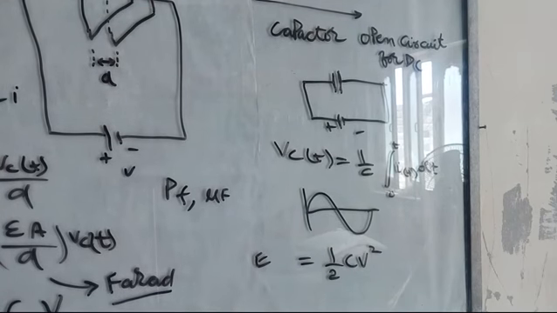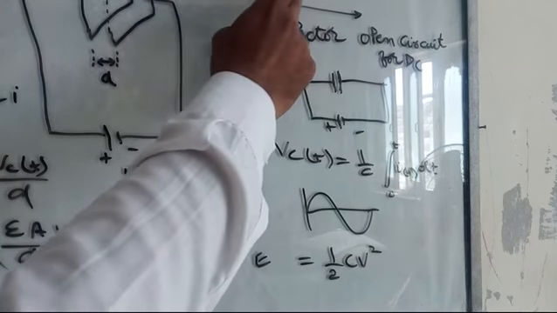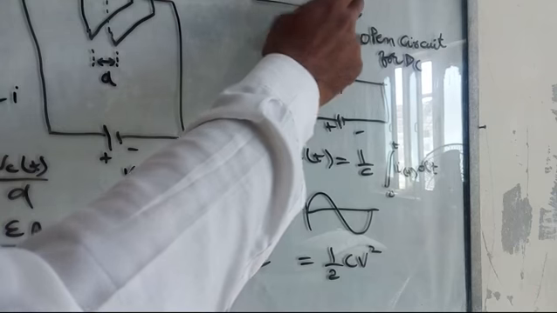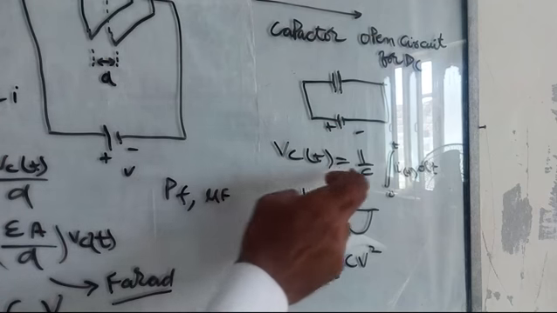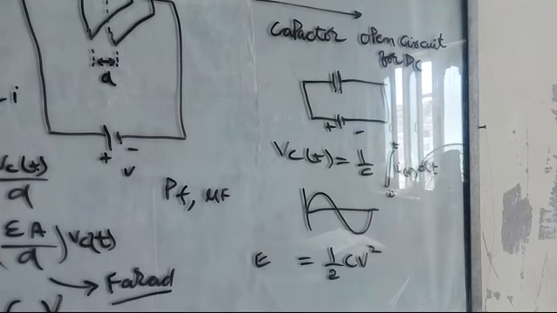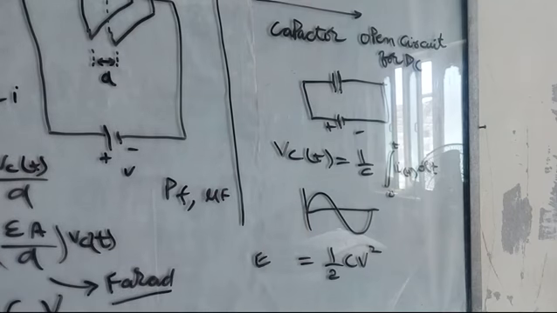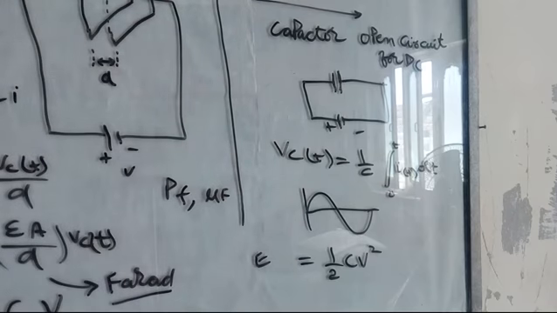So there are these 3 main points. The capacitor acts as a short circuit for alternating voltages and as an open circuit for DC. The current of the capacitor can be calculated using the differential of the voltage, and as long as the voltages are changing, there will be a current. So current is equal to C dV/dt, and the voltage is equal to 1 over C integral of i dt. I hope now you have understood the concept of capacitors and how they work, and these are the 3 main formulas to find the current, voltage and the energy stored in the capacitor.